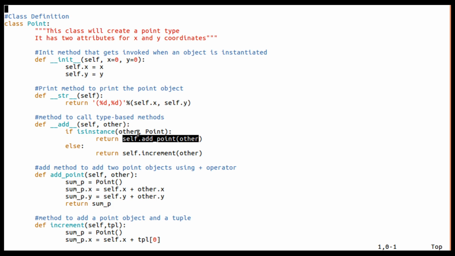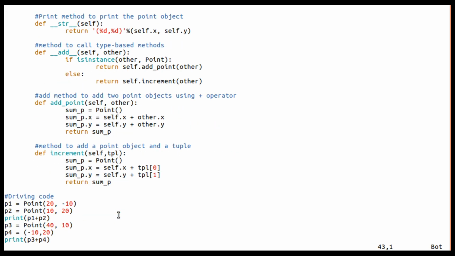Otherwise, if other is not a Point object, then obviously it is going to call the increment method. Based on other, it calls either the add method or the increment method. I hope this is clear to you, and remember, dear students, P4 is not a Point object, instead it is a tuple.